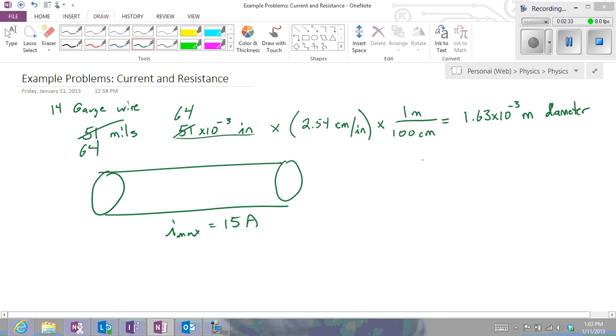Of course the radius of that would be half of that, or 8.128 times 10 to the minus fourth meters, or 0.81 millimeters in radius. Since I want to calculate current density, I want to use the definition of current density to be the current per cross-sectional area. So I'm going to take the current that I said was a safe maximum current of 15 amps and divide it by the cross-sectional area, pi r squared,